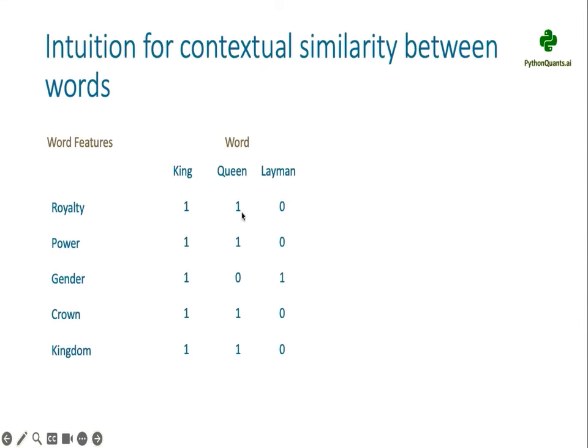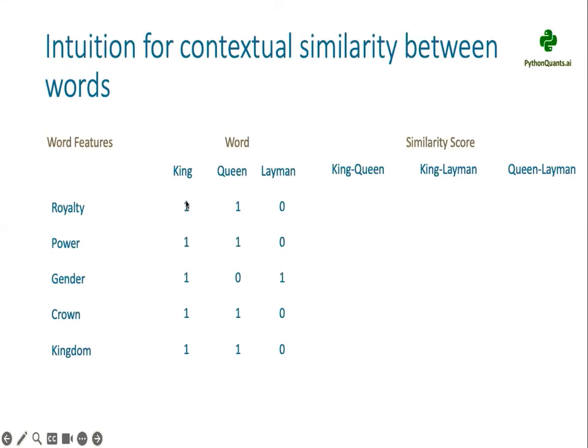So wherever it is positive, it gives a one. Wherever it is negative, it gives a zero. Except of course for the gender. And now our next task is to compute the similarity among these three different words. So what we're going to do is, or rather, what the algorithm will do is,